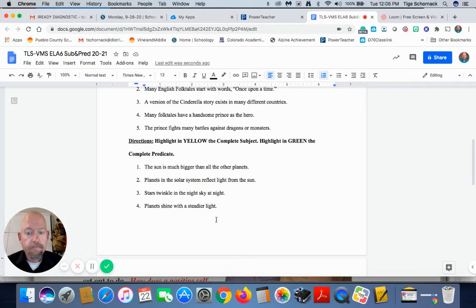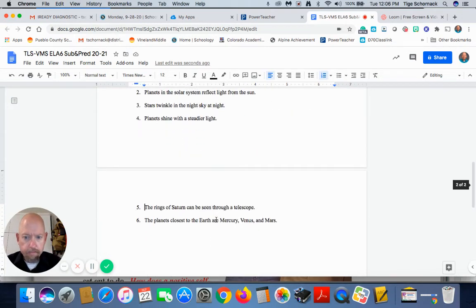So, a way that I used to do it, and you can't really do it right now, is I would always put a vertical line in front of the predicate. And then everything, 9 times out of 10, everything to the left of that line is your complete subject. Everything to the right of that line is your complete predicate. So we're going to skip down